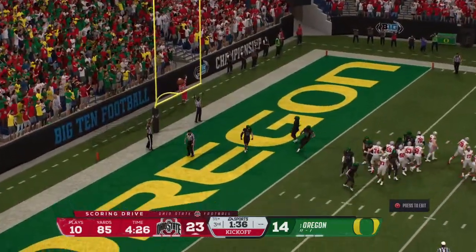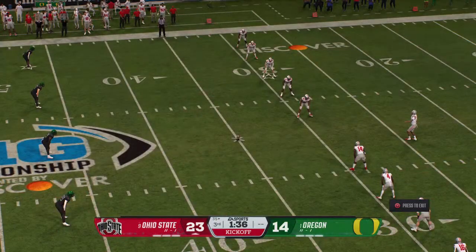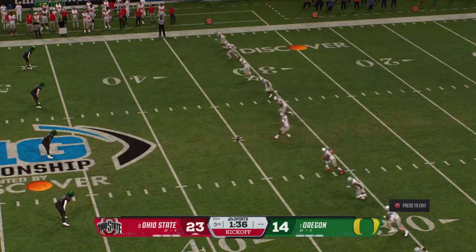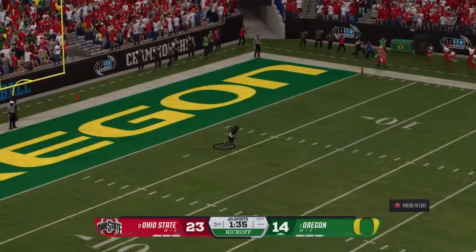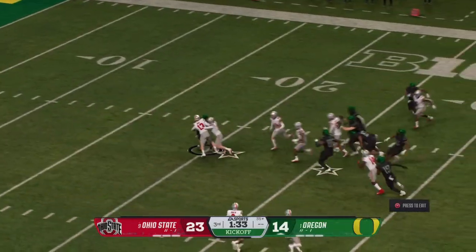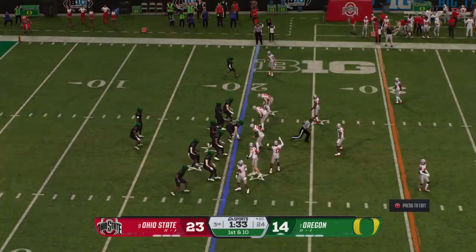And the kick is up and good. They tack on a point to their lead. So after putting up the touchdown, the kickoff team is out there to boot it away. Fields it inside the 5-yard line. And he stopped at the 20. Tried to make something happen, but that's good coverage there.